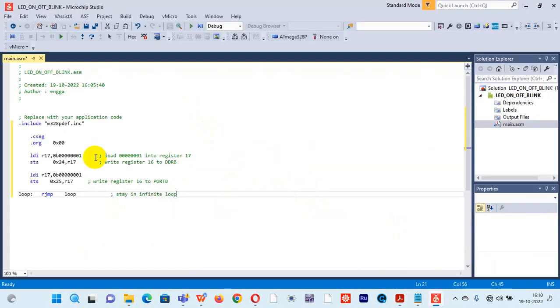So what we have done is saved the hex value 0x01, which means binary 00000001. That means bit positions 1 to 7 are defined as input pins, and only bit position 0 is defined as the output pin. This value we first load into general purpose register 17. Then from there,